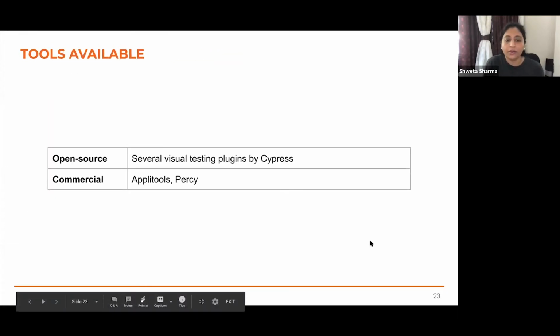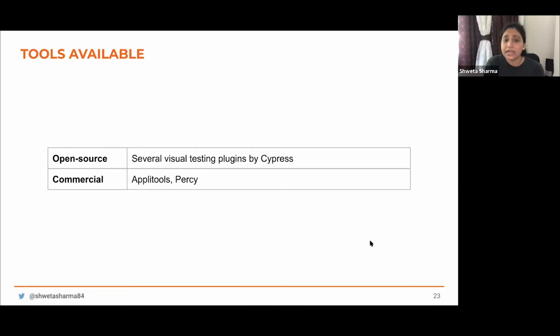So talking about the tools, Cypress has many visual testing plugins developed by the community for the community. I've mentioned the link in the references section, so you can go and check there. Talking about the commercial tools, we have Applitools and Percy, which would suffice for your level 2 objectives.